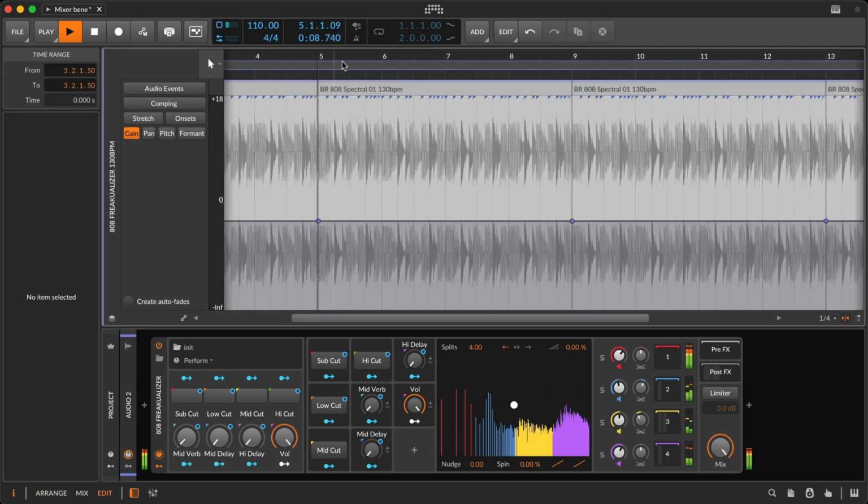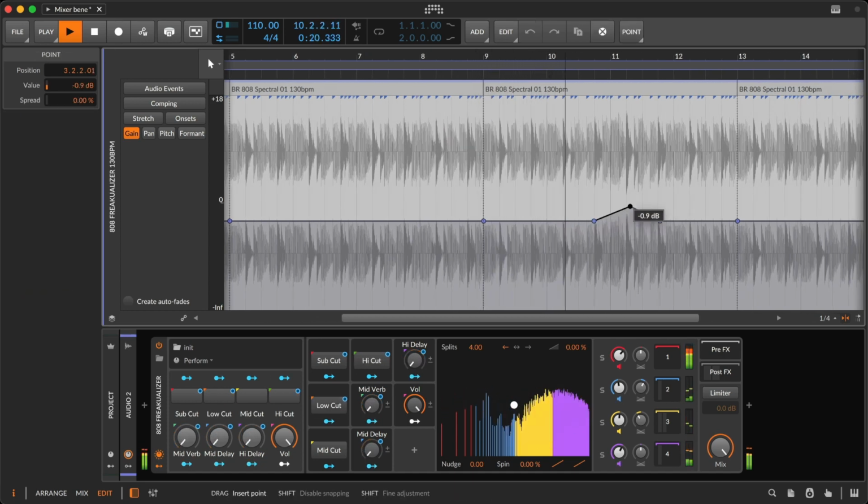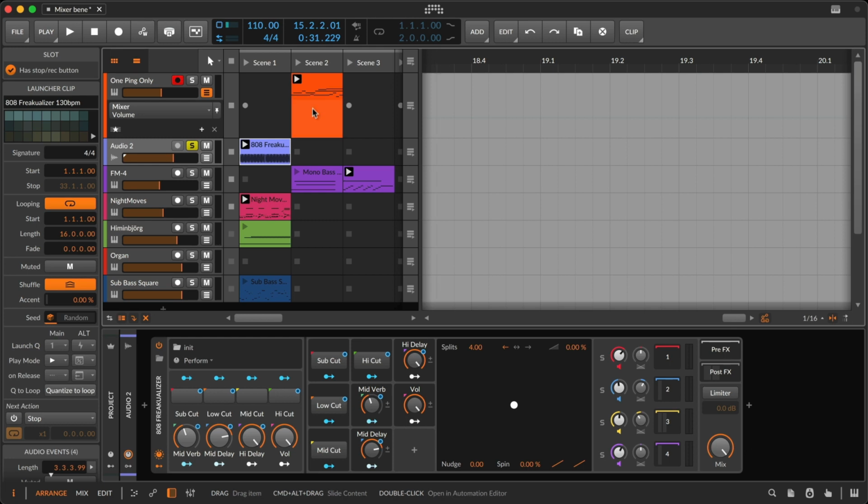On the event level inside of Bitwig, there is also this idea of gain expressions, which can be pretty interesting because if you're dealing with audio, you can see visually an adjustment to what's there on screen as you do it. In a sense, it's pre-gain because you are dealing with this on the source level before it passes through the rest of the signal flow and gets to the output. That can be awfully handy from the audio standpoint, but it can also be very interesting from the note standpoint.